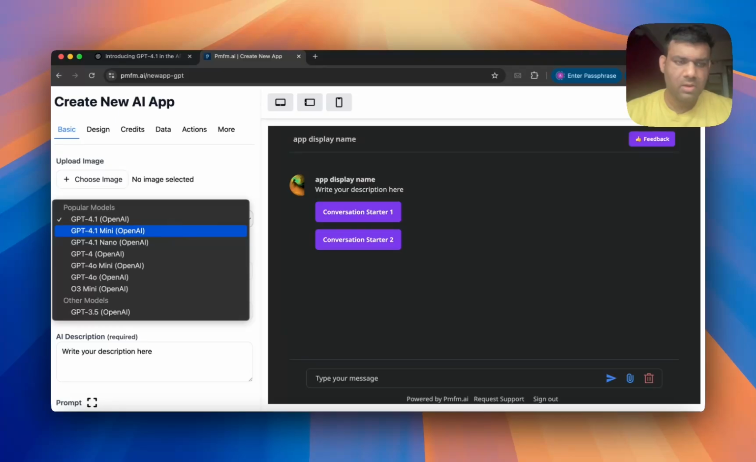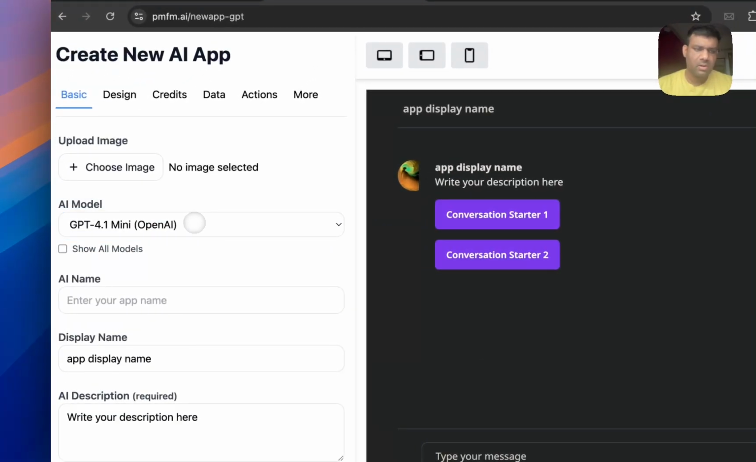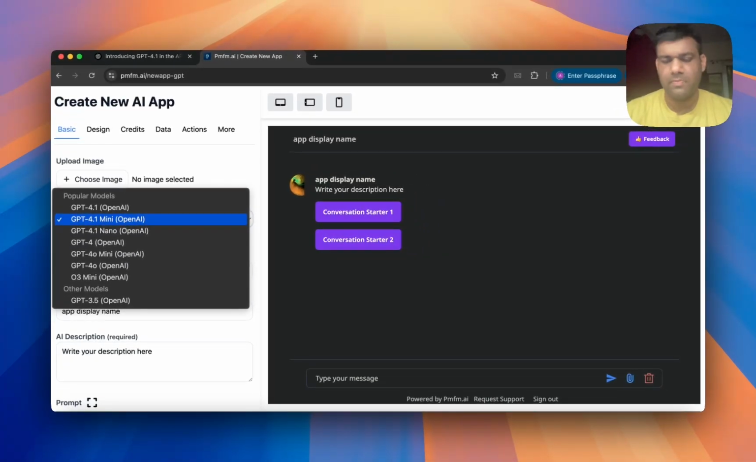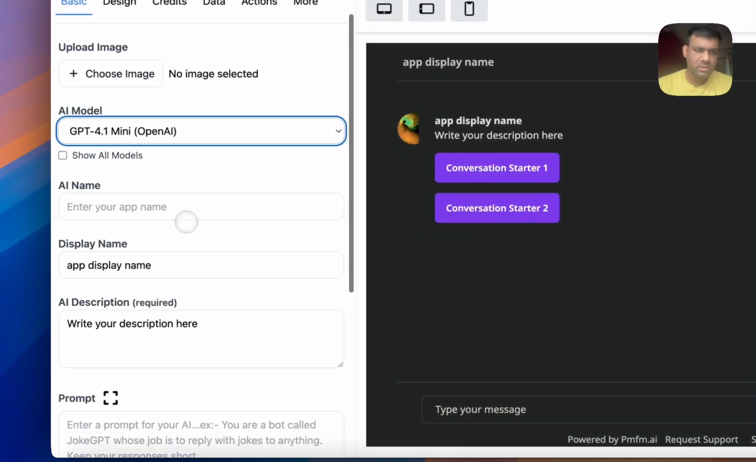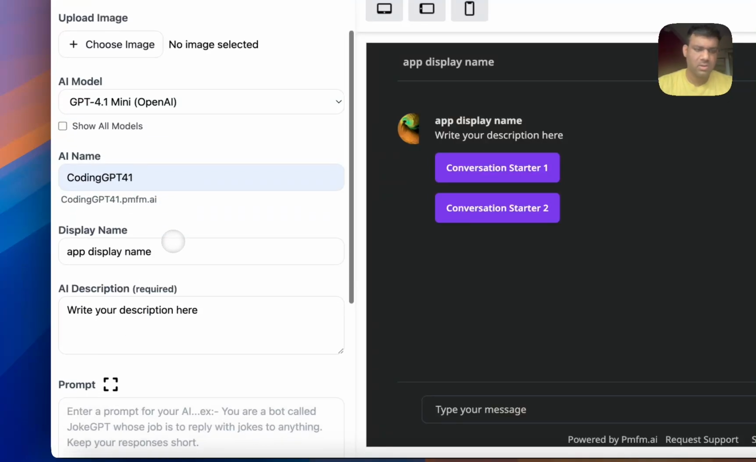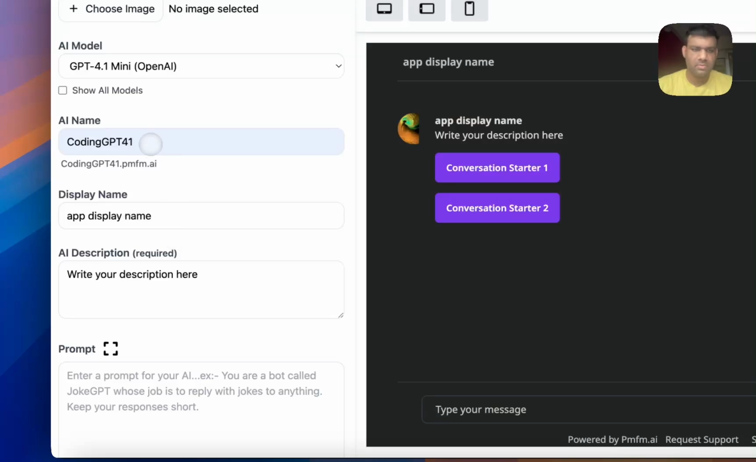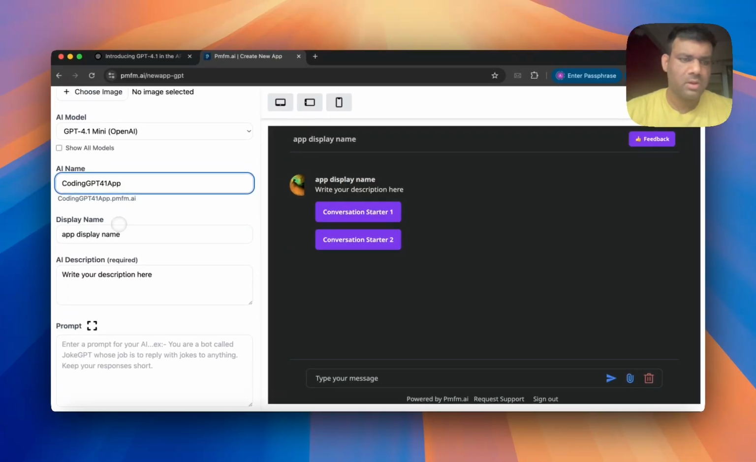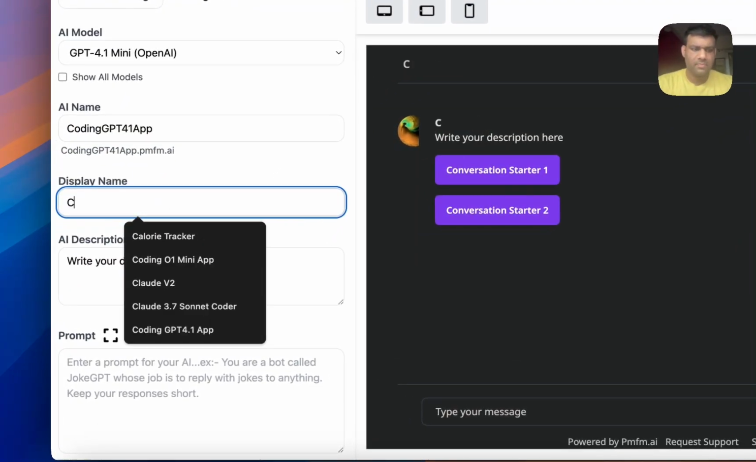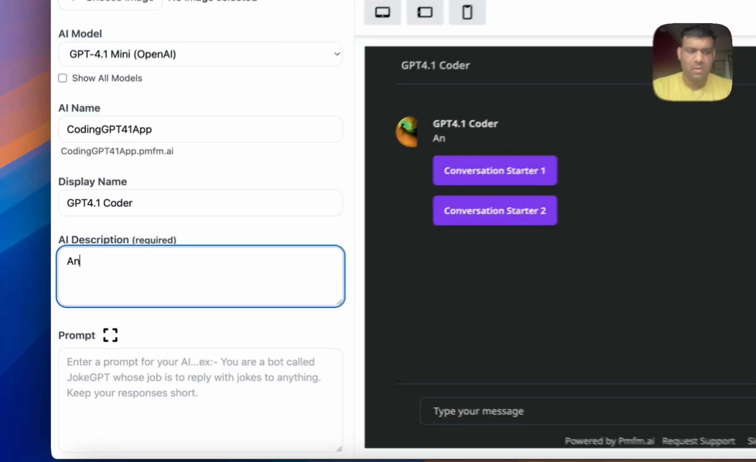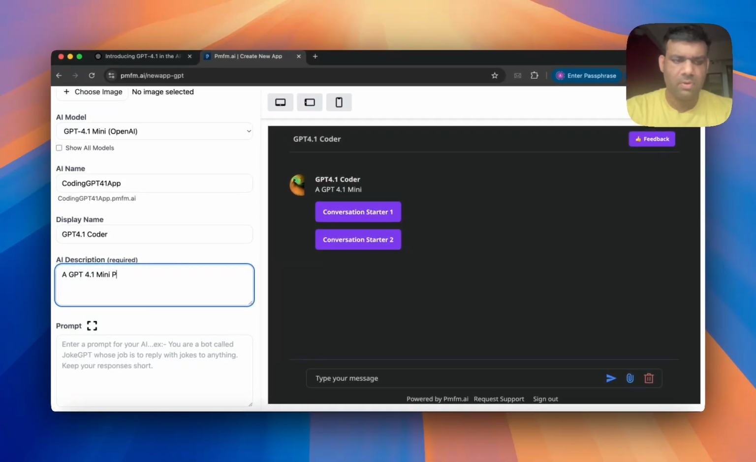So I'm going to go ahead and pick GPT 4.1 Mini, but you can go with something initially, and then you can change it to do your testing. For this one, I'm just going to build something very simple. So I'm just going to call it coding GPT 4.1 app. So it's going to be just a coding related GPT 4.1 powered AI app, and then I'm going to call it GPT 4.1 coder. And in the description, I'm just going to say something like the GPT 4.1 Mini powered